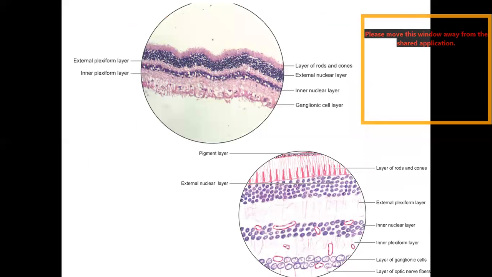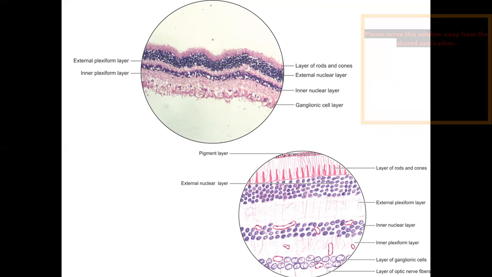First is the pigment layer. So if you see, this is a microscopic picture. You will see the slide like this under low power. So you have to just differentiate the layers. Some are darkly stained, some are lightly stained, because some contain processes and some contain cell bodies and nuclei. So here also you can make out they are differently stained like this. So we'll see one by one.